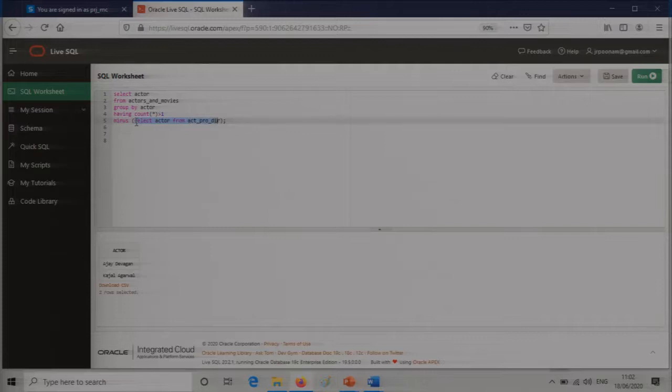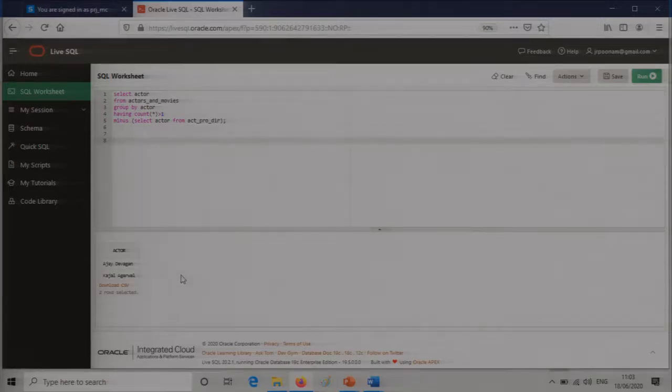So this is the minus clause which will subtract all those people who are there in the recent view, actor, producer, director, who are all of them. They are actor, they are producer, they are director. So I will have, except for these people, all the other people who have count greater than 1.